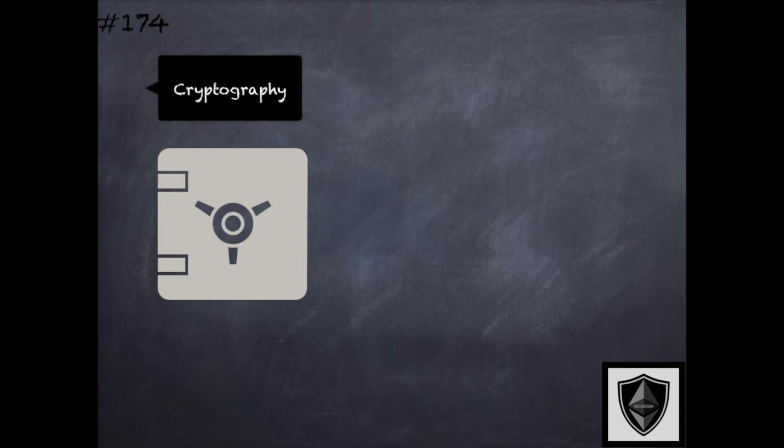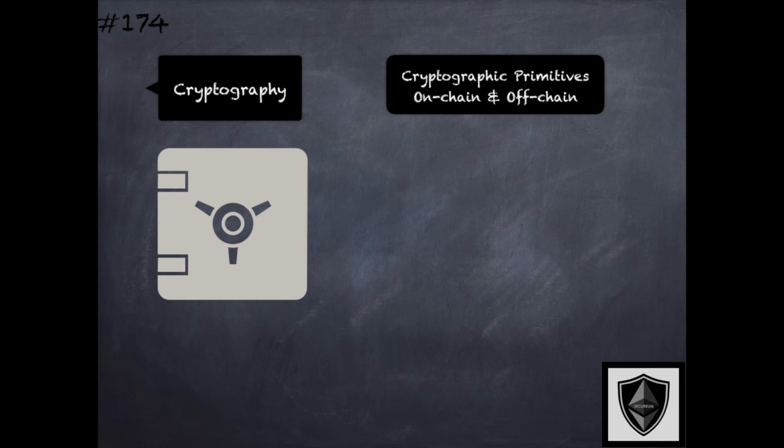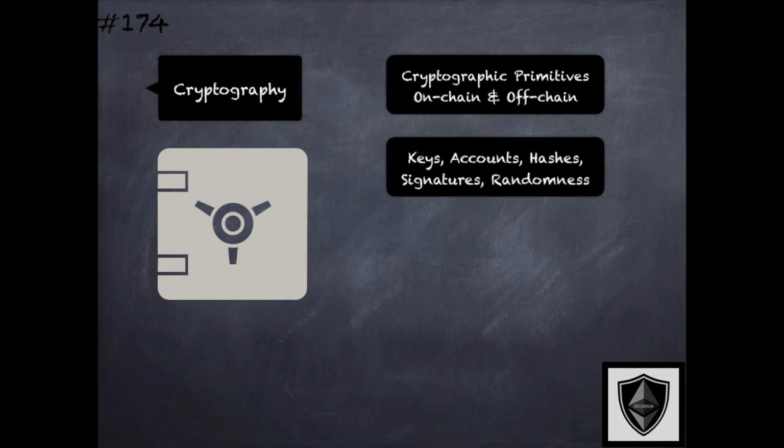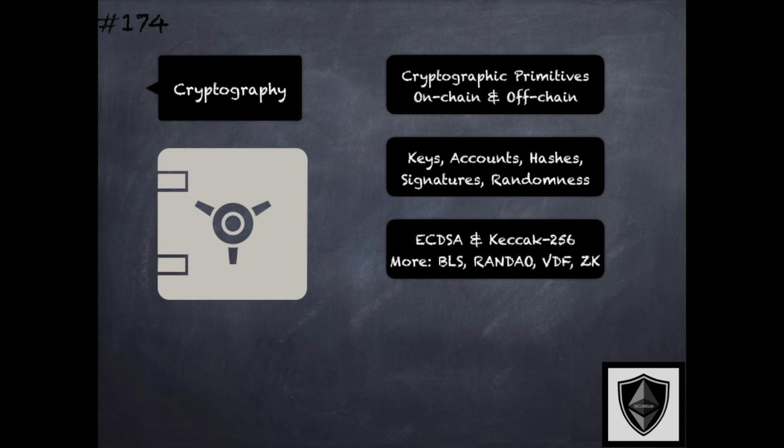We have discussed cryptographic aspects fundamental to Ethereum in the earlier modules. Incorrect or insufficient cryptography, especially related to on-chain signature verification or off-chain key management, will impact access control and may lead to security issues. So aspects of keys, accounts, hashes, signatures, and randomness need to be paid attention to, along with the fundamental concepts of ECDSA signatures and Keccak 256 hashes.